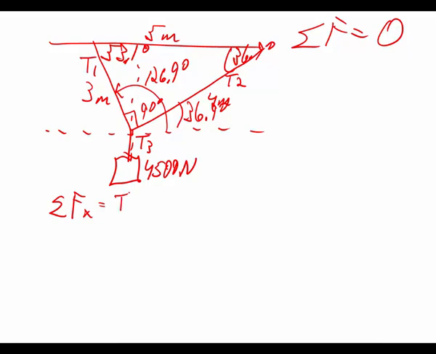T1 cosine of 126.9 degrees. And remember, it's sum, plus T2 cosine of 36.9 degrees, plus T3. T3 is already given for us. 4,500 newtons